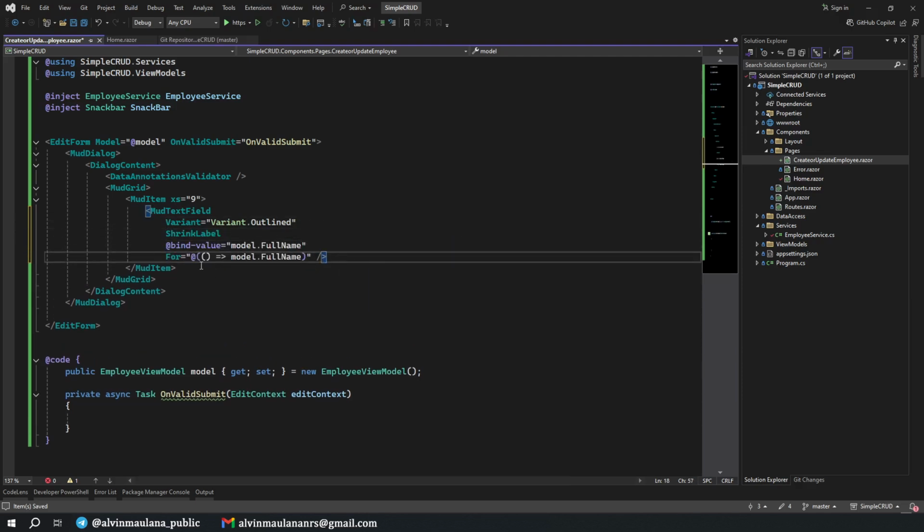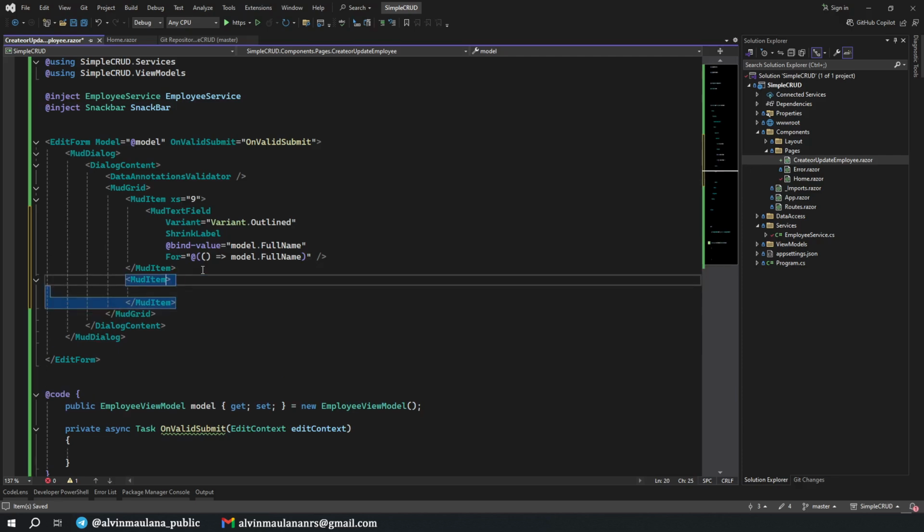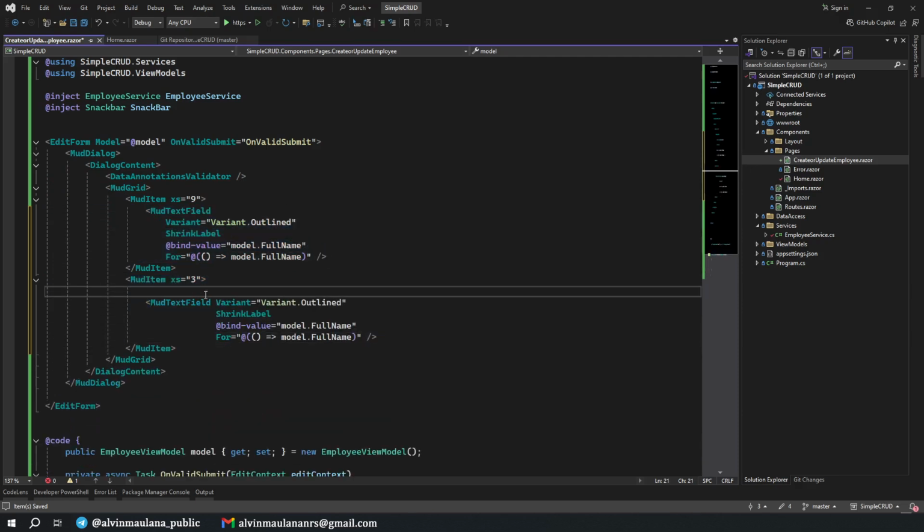Okay, and the next MudItem. Okay, this one is xs 3. This is like a col in Bootstrap, something like that, column in Bootstrap. And I just copy and paste here.